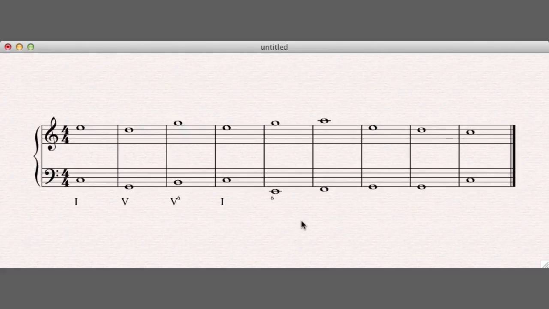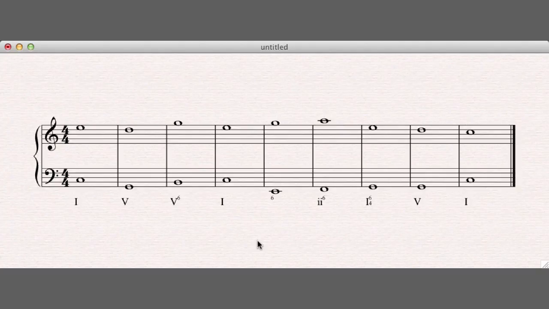To do that analysis, I can just put the little 6 there because we know it's 1 because 1 is carried over from here. And this is going to be 4 or maybe 2-6. I'm going to put in 2-6 because 2-6 is actually much more common than 4. So if we want it to have stylistic qualities of that period, it's probably best to put in 2-6. Then 1-6-4, 5,